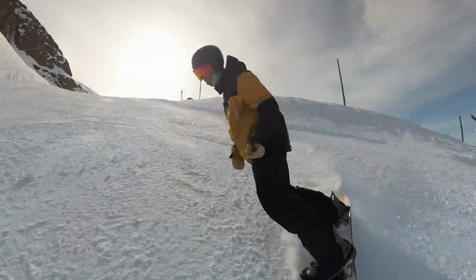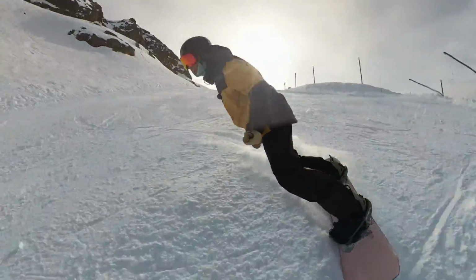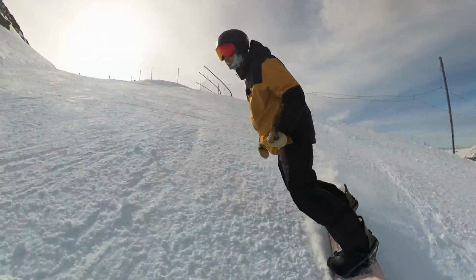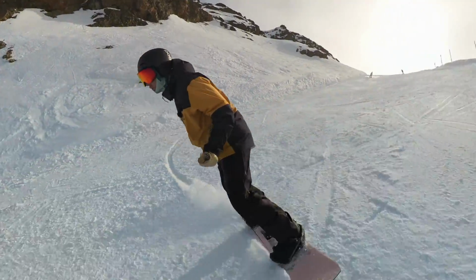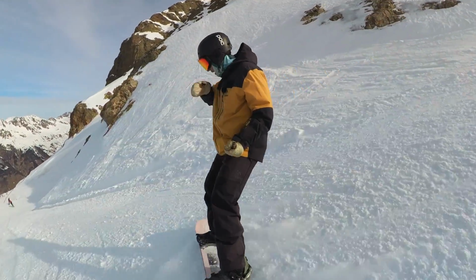All I want you to do is follow the nose of your board. Imagine an arrow pointing out of the nose of your board, and you want to keep the direction you're traveling following that arrow. Now this might sound incredibly obvious, but you might be surprised how often you're not actually following the nose. For instance, if I skid right here, my nose is now pointing this way, but I am in